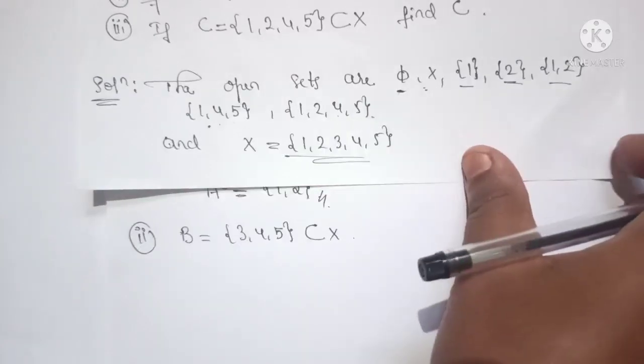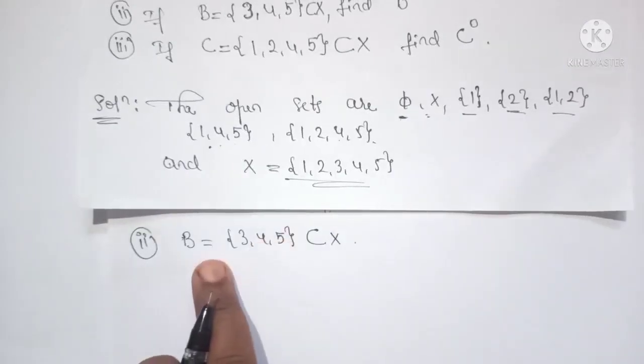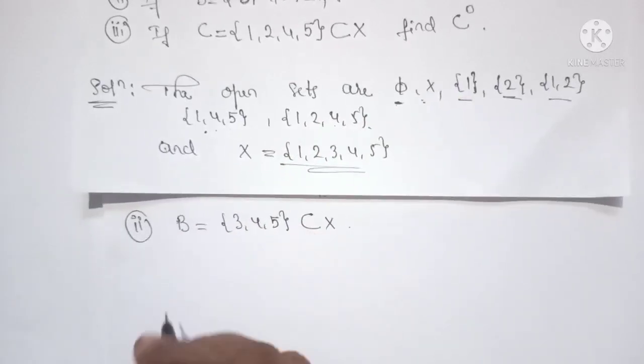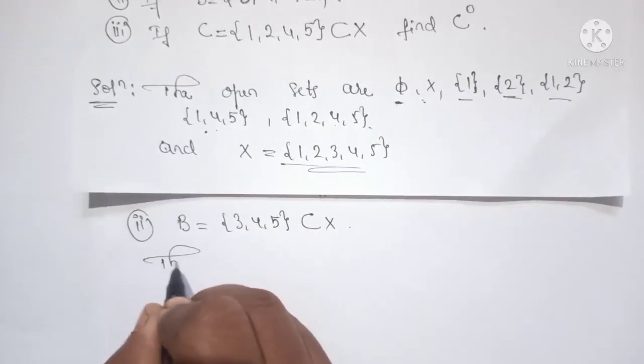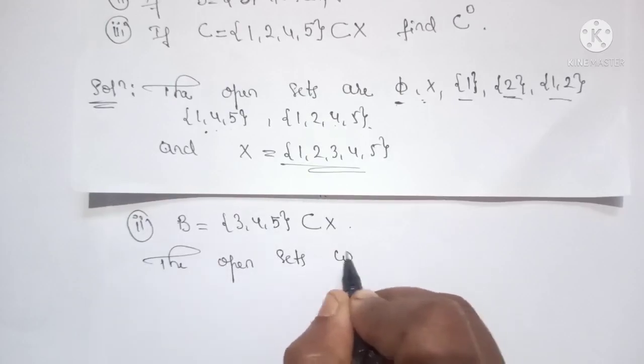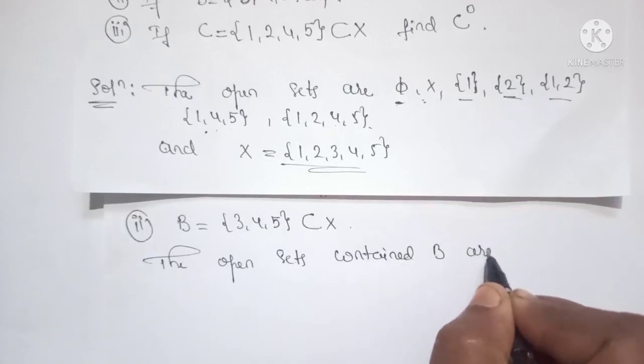First we write all the open sets which are subsets of this B, because we need to find the B interior. So the open sets contained in B are